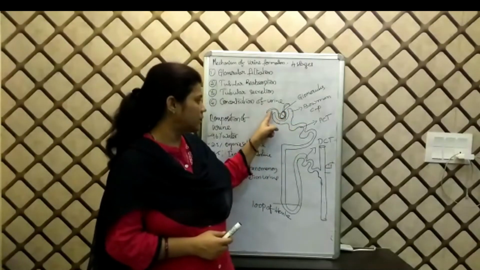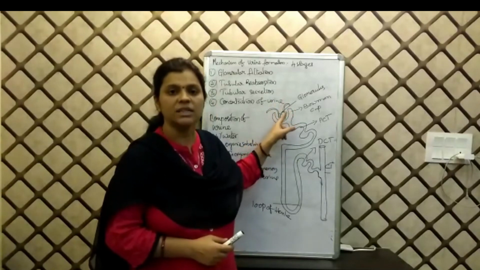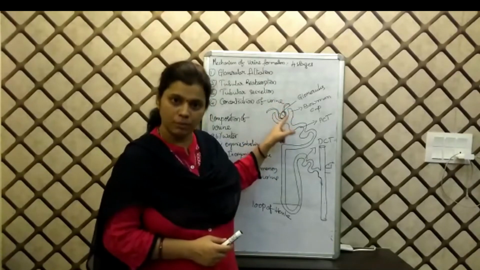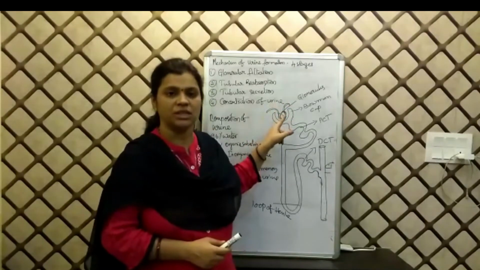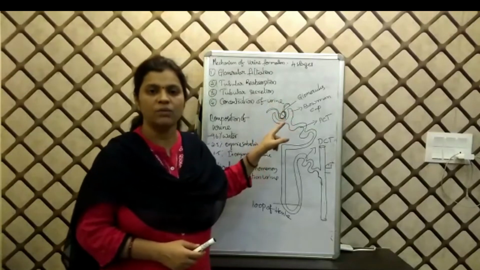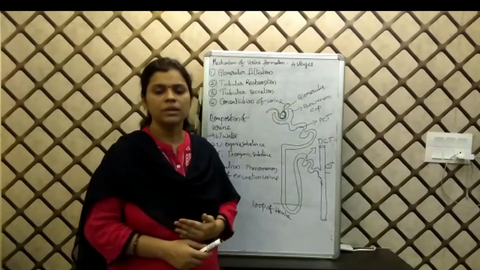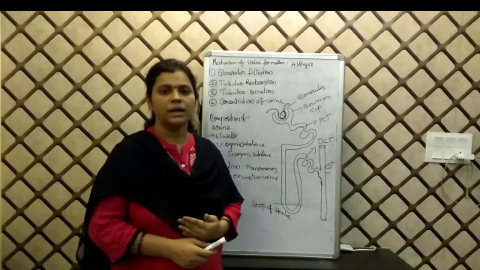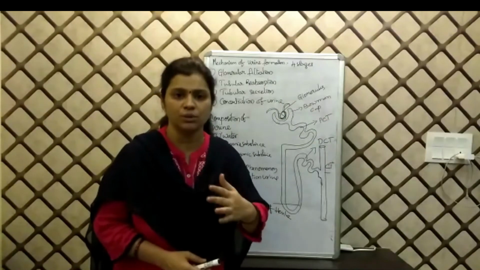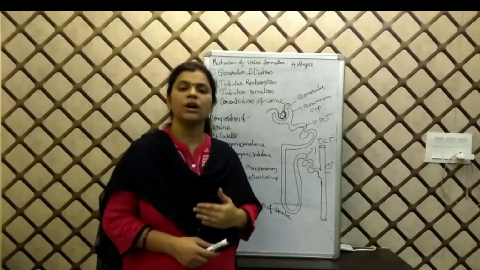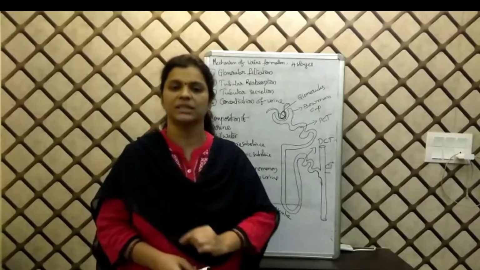This efferent arteriole, which is coming out of the Bowman's cup glomerulus, has less diameter compared with the afferent arteriole. Due to the narrowness of the diameter, it exerts pressure on the glomerular blood present in it. As a result, maximum substances present in the blood come out, and this makes the formation of the first filtrate, that is primary urine. This primary urine composition is equal to the composition of blood except blood cells.